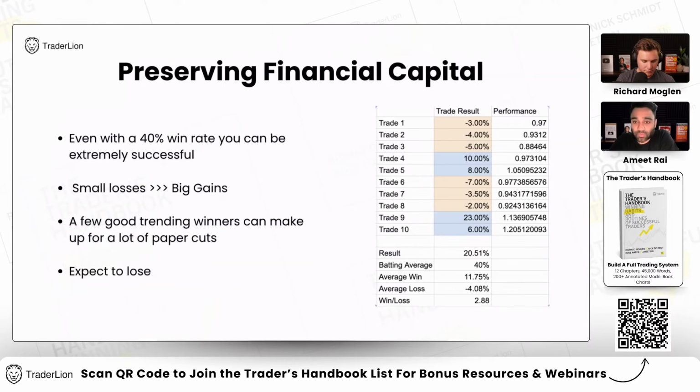So a 2% loss, I would take any day of the week. A 3%, I get way too concerned if it's past 3% for me. Basically, it tells me that the setup that I anticipated to work for me is not working for me. And I need to get out regardless of what the stock does after I sell. It does not matter to me because what I planned and how I enter the trade, the entry tactic that I used, allowed me to minimize my risk. And if a stock is not working in my favor, it's not working in my favor, and I have to just move on to the next trade.